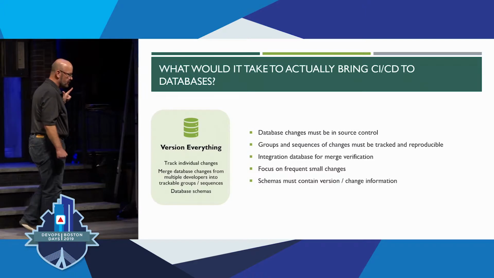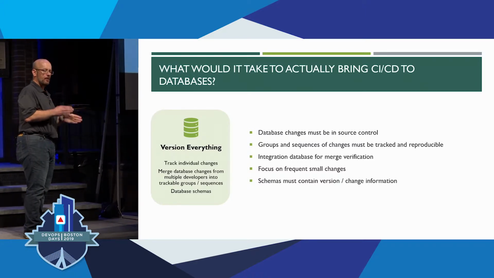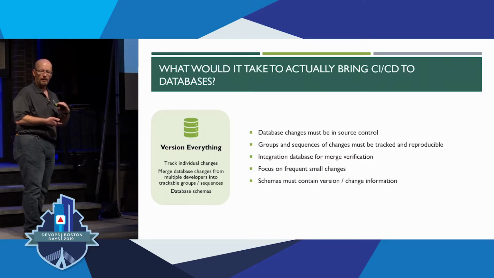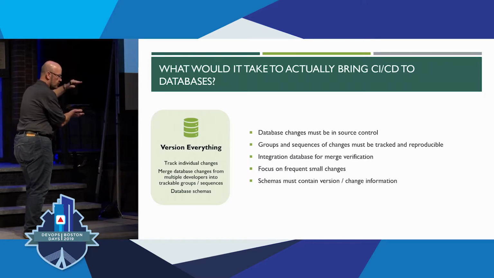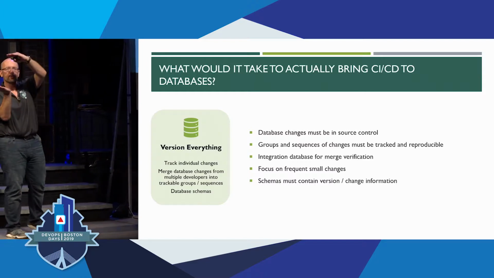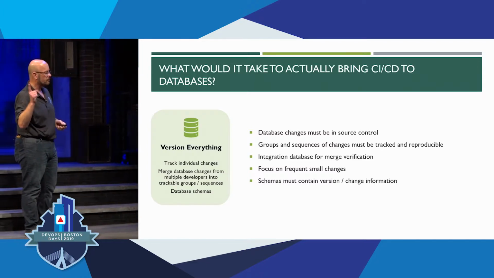The second thing that you have to think about when you're versioning stuff is how do I group my changes? If I'm going to make multiple changes to a system, how do I group them and version that group so I can track it through my pipeline? These changes, I've tested them n number of times, these changes in this order all together. And how do I do that in every environment consistently, so I can be repeatable?